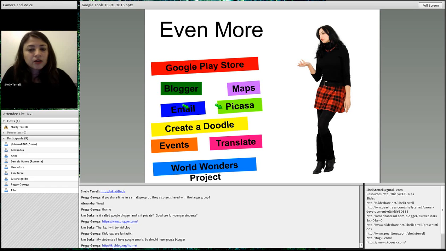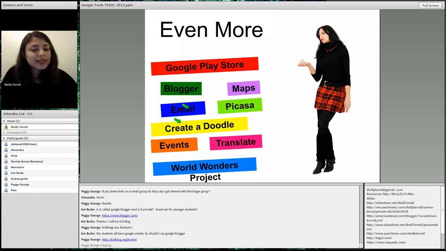Picasa is their internet uploading for photos. And then the great thing about it is it'll show up on your Android phone as well. I haven't figured out why it does that or how it does, but it just does it. It stores it in the cloud. You can tag people. The great thing about Picasa is that it has an editor, so you can actually edit things. You can make things private. You can make private photo albums as well.